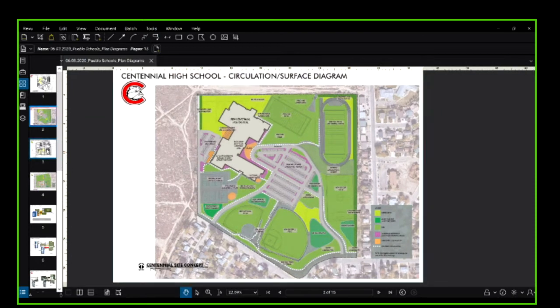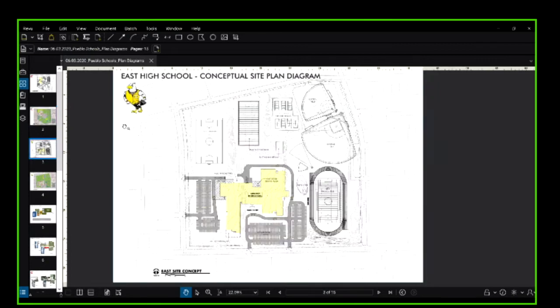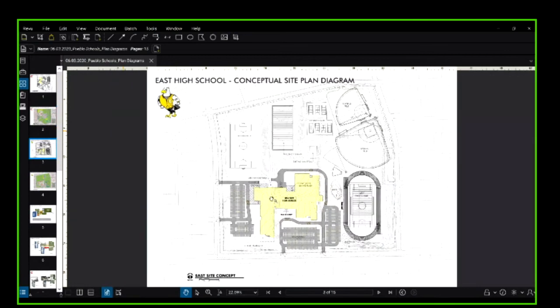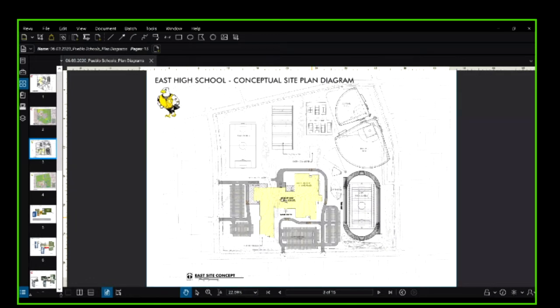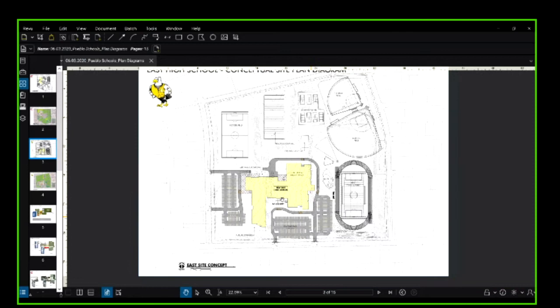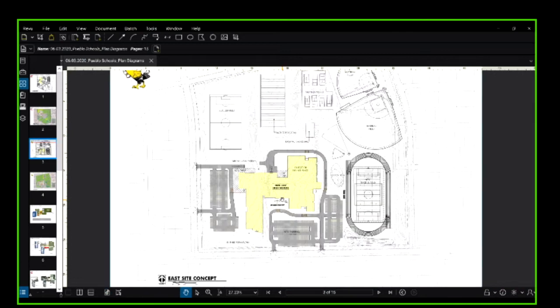I'm going to jump over to east, which is a little bit of a departure from what we showed you about a month ago. If you remember, our building was a little further west in this corner, and we were stepping down the hill with our auditorium and gymnasium. And through the last design advisory group process, they wanted us to explore giving the building a little bit more buffer from the street, sliding it down the hill a little bit more. It creates a little bit of complication in the building, but I think it actually creates a nice solution for how this building steps down the hill and fits into that hill.